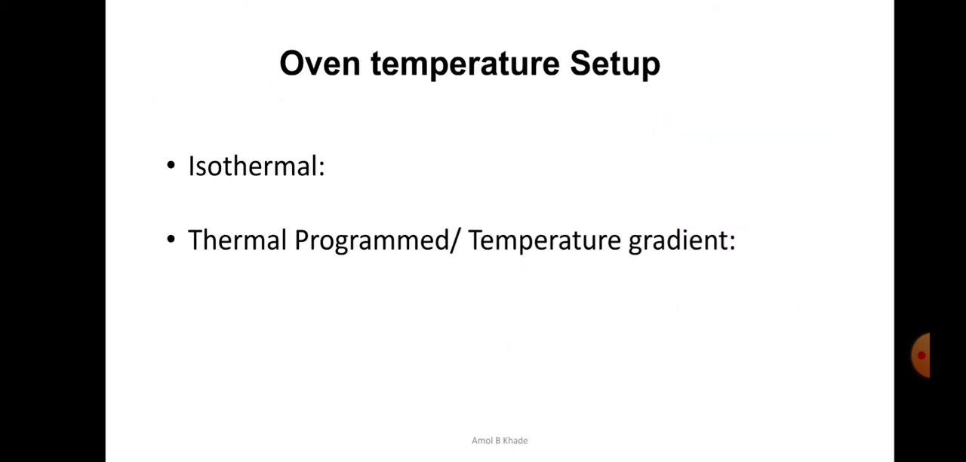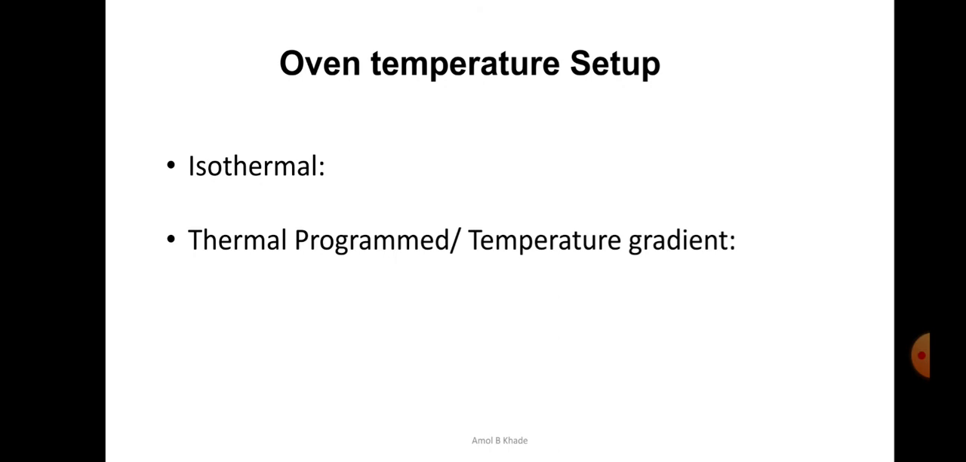Next is the oven temperature setup. In case of LC, if you remember, we have a provision of doing isocratic or gradient elution. However, in case of GC, as we are using only an inert gas, there is no such provision to have an isocratic or gradient elution. However, as our sample is getting volatilized, we can have isothermal and temperature gradient or thermal program kind of